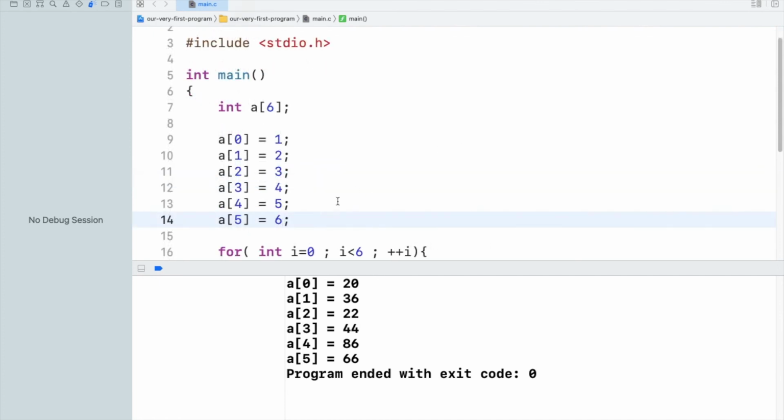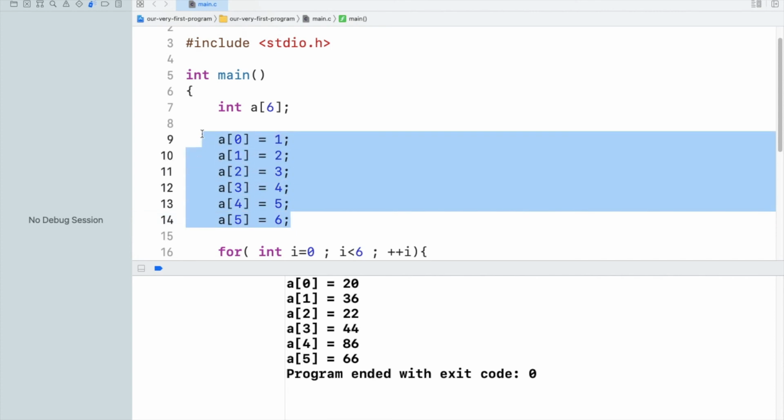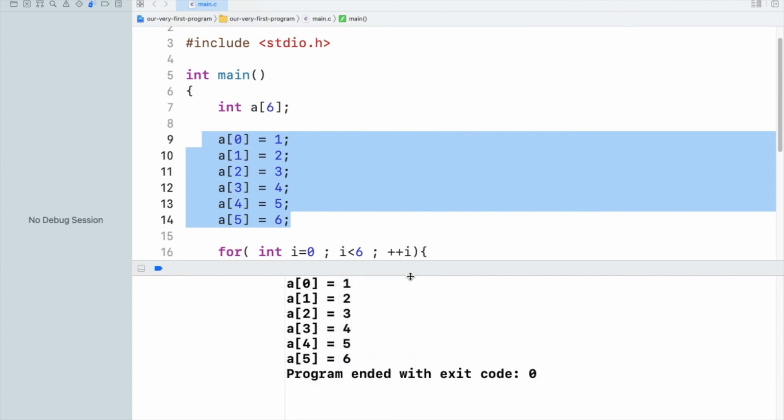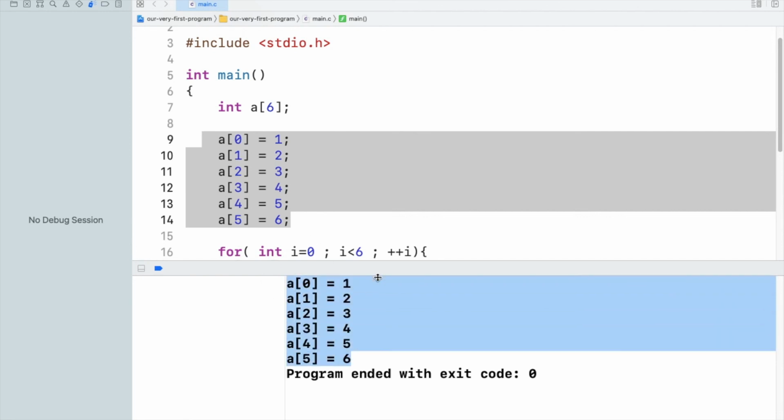Now you can see I have initialized all the values separately one by one, and now I'm going to run the program. And you can see the values a0 equals 1, 2, 3, 4, 5, 6 respectively for all the indices.